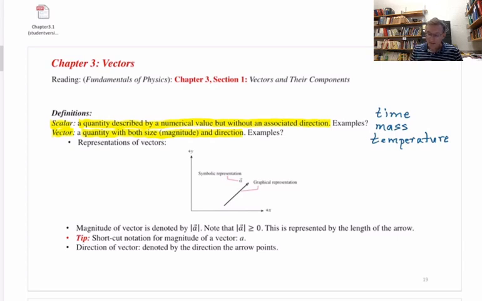Let's see if we can name some examples of vector quantities. I'm going to let you think about it. Pause the video. Think if you can of some vector quantities. I'll give you a hint. We came across some in Chapter 2 when we studied kinematics along a line. So pause the video, think of a few vector quantities, and come back. Okay, welcome back. So, do you remember some of the vector quantities from Chapter 2 when we studied kinematics along a line? For example,